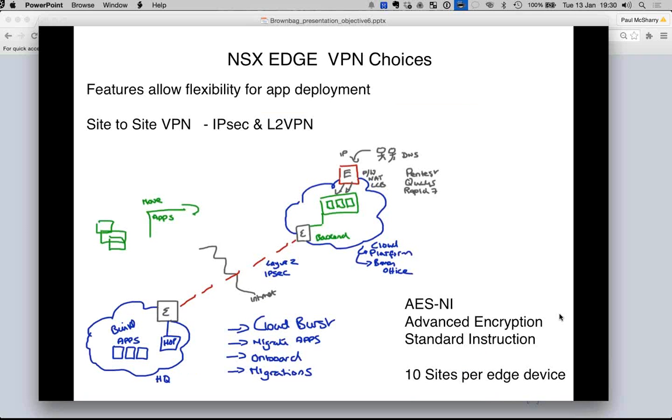The other choice we've got is Site-to-Site VPN. So here I've got my headquarters where I build my apps, my edge gateway to my cloud platform or my branch office with another edge gateway, and that has a site-to-site link. So if I've got an application, for example I have a dongle on the left-hand side, which has got to be presented. Since 4.1 I can have a dongle presented and then have fully automated DRS with my VMs moving around. As long as they don't power off on the wrong host, my dongle will give out my actual license. And then I can move that across,